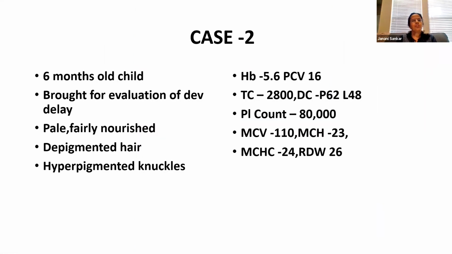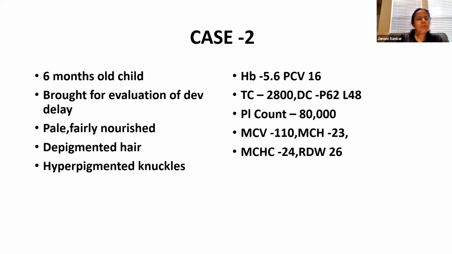So this is a 6 months old child who was brought for evaluation of developmental delay. Apparently they were living in a joint family, and the other children of similar age group had already started transferring objects, started crawling, head holding was there, but this particular child at 6 months did not have proper head control, was not communicative at all, wouldn't really like to follow objects or transfer objects. So the parents were really worried. Again, they were very educated.